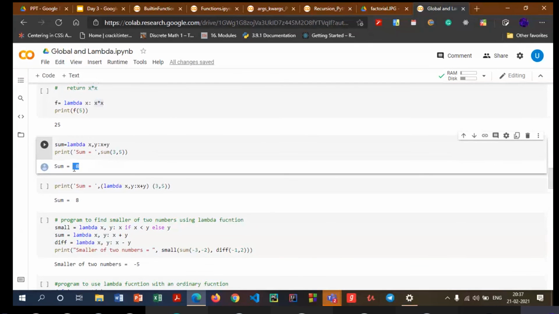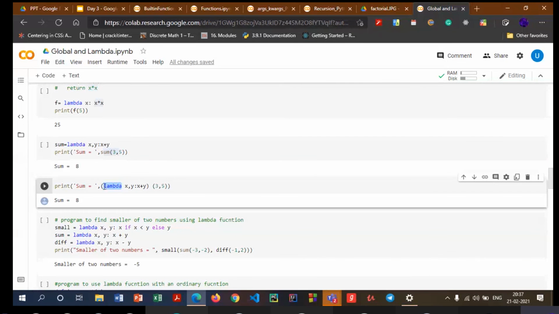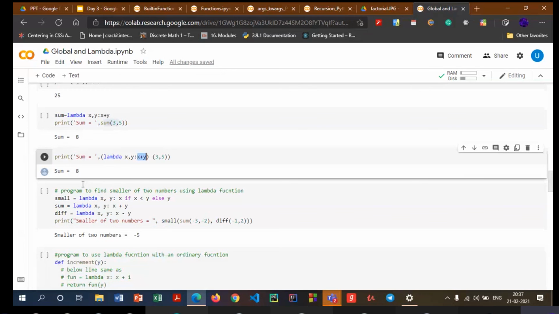Now, it's not necessary that we should have these both things in separate lines. So this is one of the powers of lambda function. We can actually take up this whole thing and write it over here. And that is exactly what we have done over here. We have taken the lambda function. This is the same as writing this sum over here, and then we are passing 3 comma 5 to this. So 3 goes to x, 5 goes to y, and this will return x plus y, that is 3 plus 5, and we get the answer as 8.